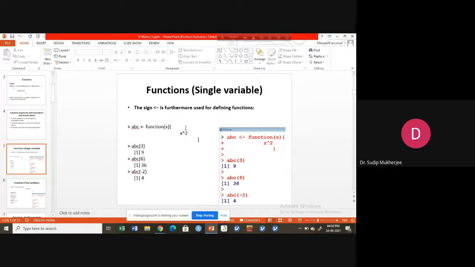Functions for a single variable. How do we write a single variable function? Just like we write here, ABC is the name, function is the keyword, the argument is x, and the expression is x square. So ABC is defined as a function of x, and the expression is x square. So if you write it in R,